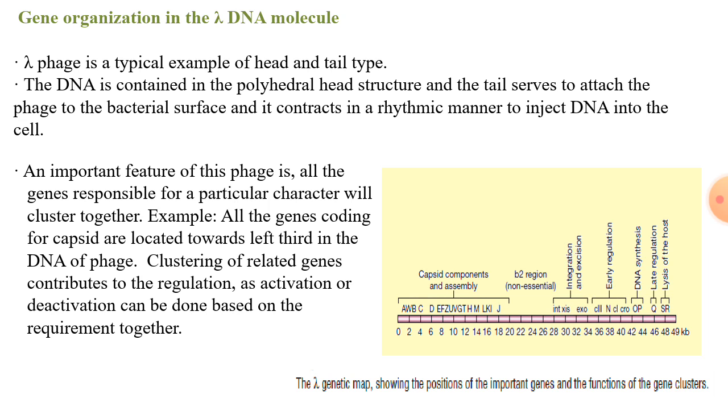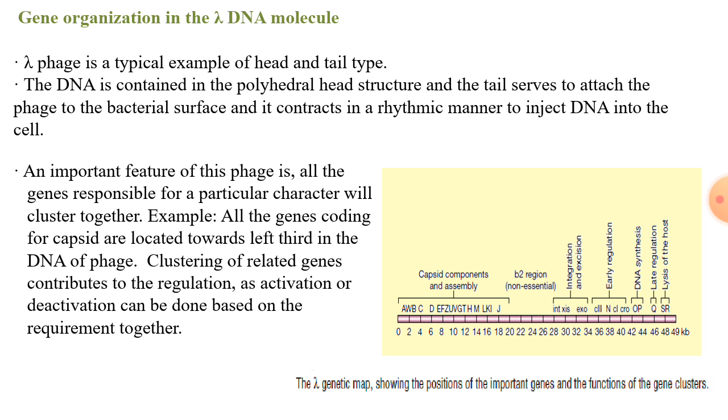The gene organization of lambda molecule. Mainly in genetic engineering, we need to know what is the ability of this virus which makes it shift between the lytic cycle and the lysogenic cycle, and what in its genome contributes to its linear form of DNA and the circular form of DNA. There is DNA located in the virus. DNA is located in the icosahedral head of the virus, and the tail mainly serves the purpose of attaching this viral particle to the bacteria.